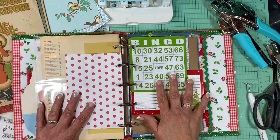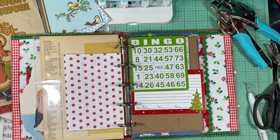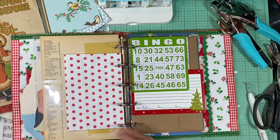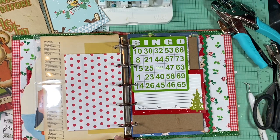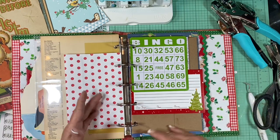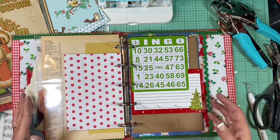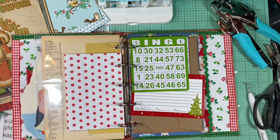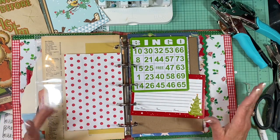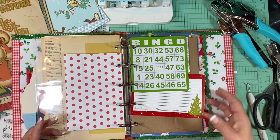So your homework is to get your papers, cut them, and put the holes in them and get them ready to go in, okay? And so next time what we'll do is we will be going ahead and doing our pockets and tucks and things like that, and talk a little bit about decorating. I'm not going to make all the little tags and do all that kind of stuff, because I think